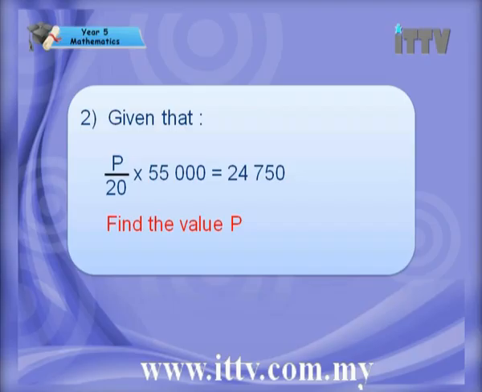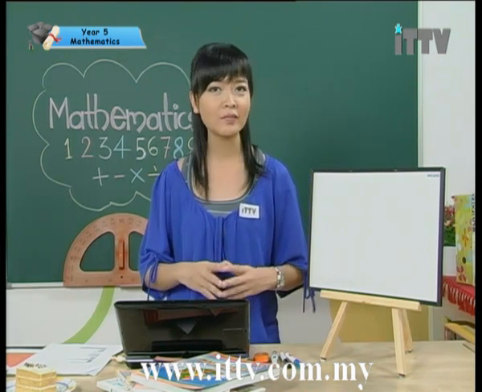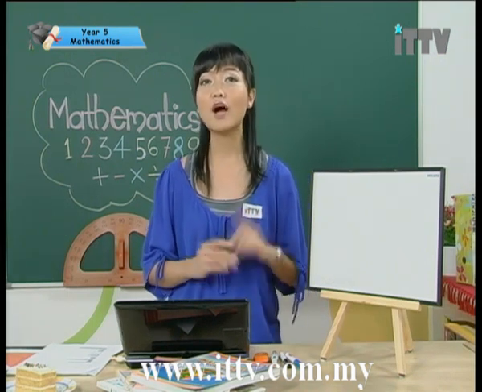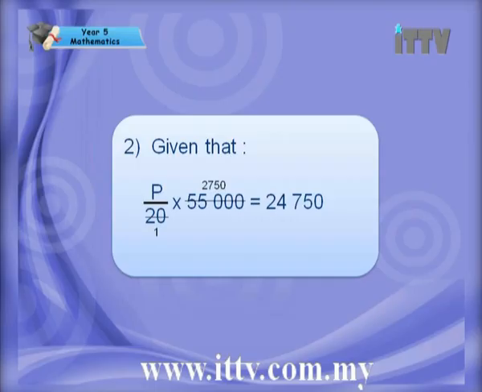Now question 2. Given that P over 20 times 55,000 equals to 24,750. Find the value of P. Okay, pretty tricky this one, yeah? Now, the thing that you have to remember for this question is division is the inverse of multiplication. Now, the working will look something like this. On the left-hand side, you can actually divide 55,000 by 20. And that will give you